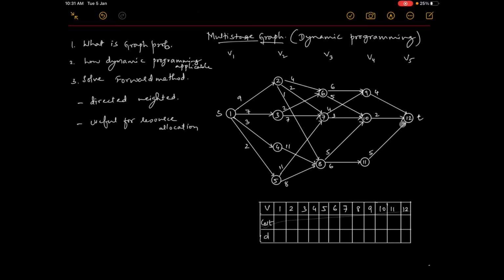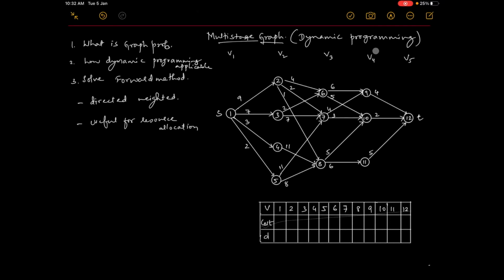It is the same as the traveling salesman problem, where you go from one position, cover all the positions, and return back. But here you have a starting point and an ending point. We call it the source and this the sink. Once you start from here, you can choose any path which has minimum cost, hence it comes under dynamic programming.